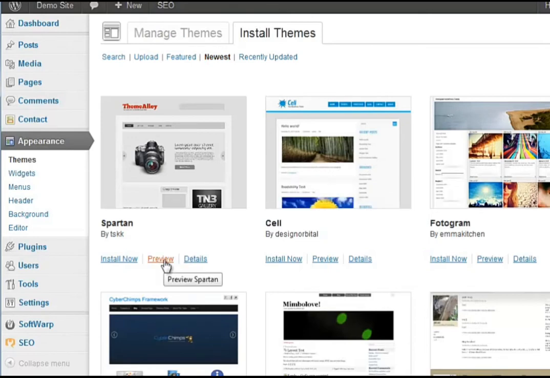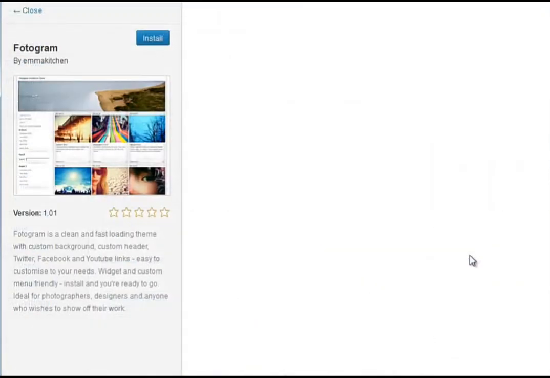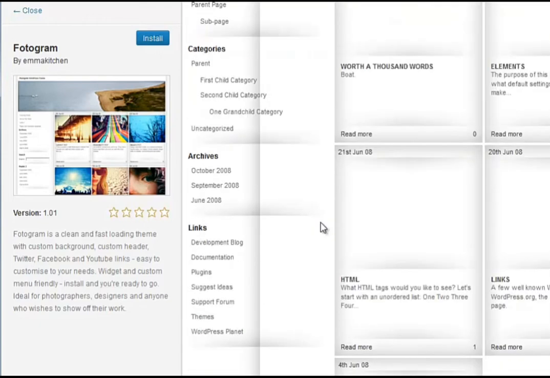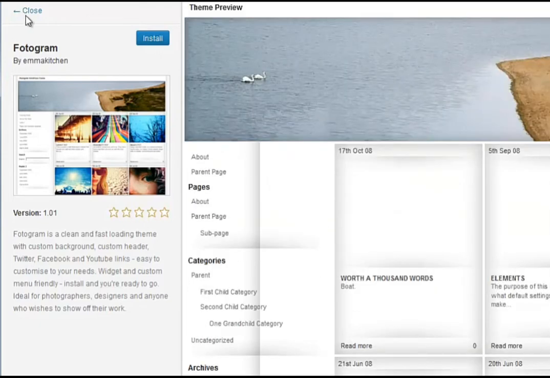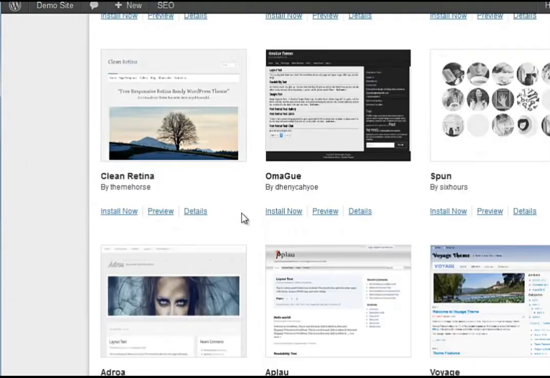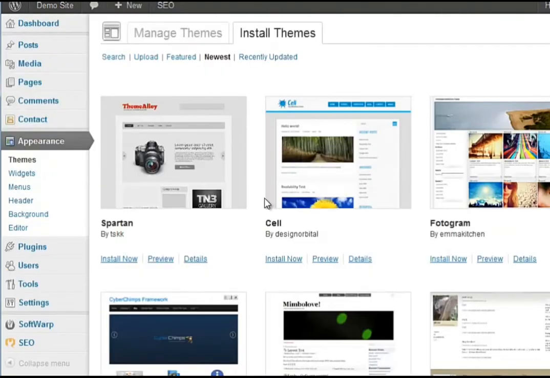And so you choose one that you think looks okay, you can preview it, and it now previews what your current site would look like on that. Close out of that, and you go through, and as I said, you can spend hours, or you can find a graphics designer who will just design you a site for however much money you want to pay them. They're all over the place on pricing, ranging from very, very cheap to very, very expensive and all points in between. And you just tell them you want a WordPress design, or you can go to a site like Theme